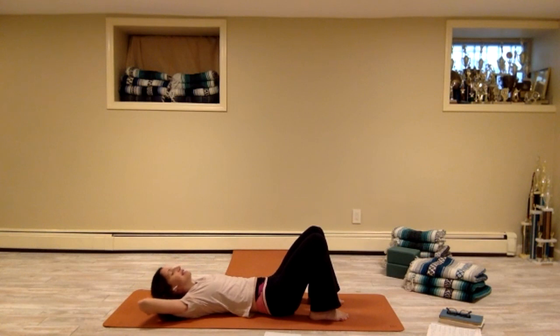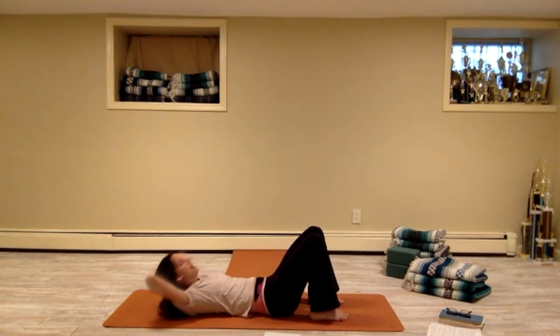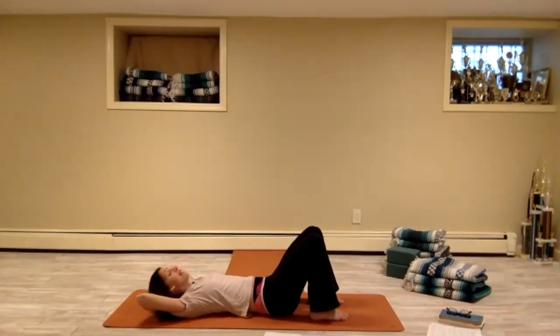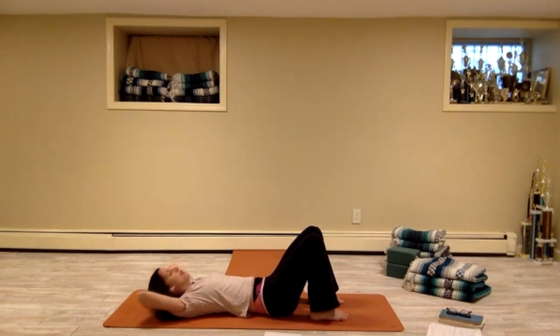Inhale, lower your upper body down. Exhale, come up. 2 down and up. 3 down and up. 4 down and up, 5 down and up, 6 down and up, 7 down and up, 8, do it again, 8, up, 7, up, 6, up, 5, up, 4, up, 3, up, 2, up, 1, stay